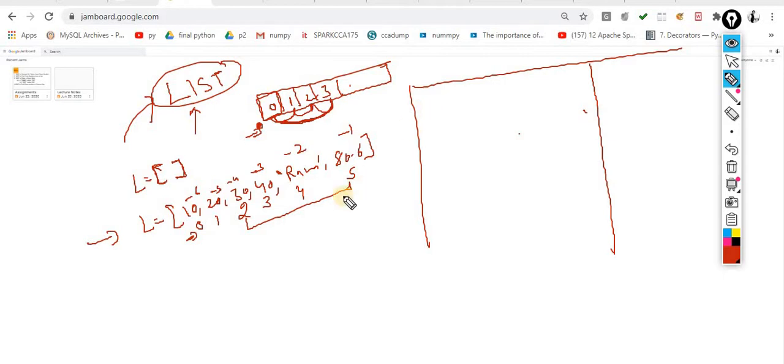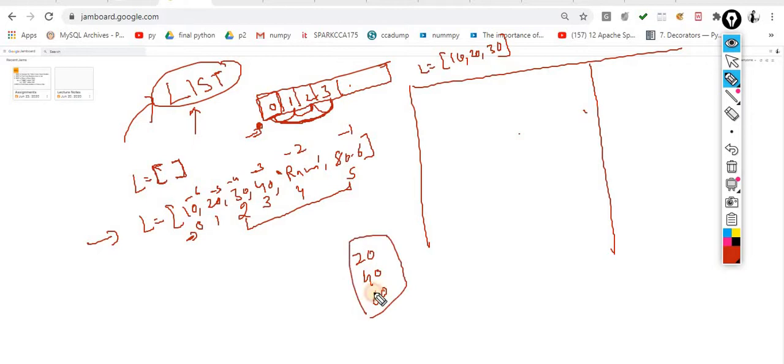Okay, for example, I want to iterate these items. Now I am taking small values 10, 20, 30. Okay, I am taking just these values. Now this one is my list, and I want to iterate it. Iterate means I want to process each and every element, and I want to multiply each and every element by 2. That means I need an output on screen: 20, 40 and 60.